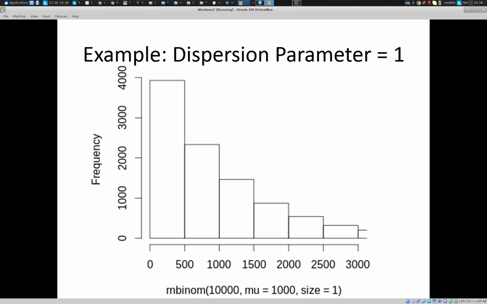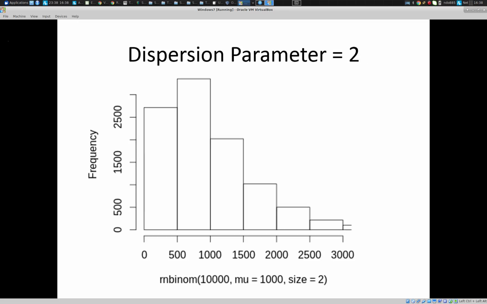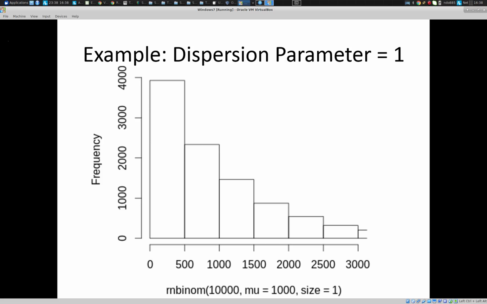Glad this is being caught on video. The screen capture doesn't quite catch it. So we have